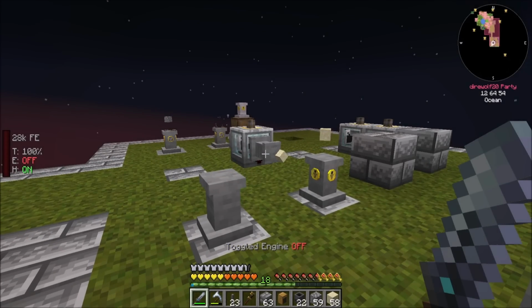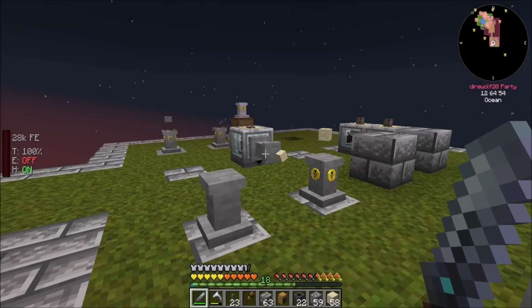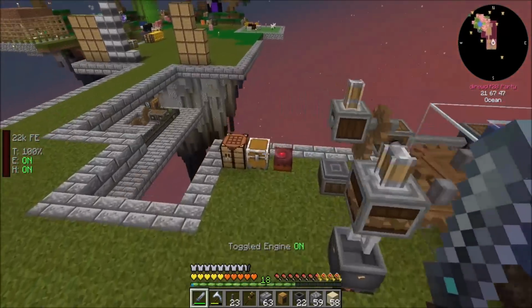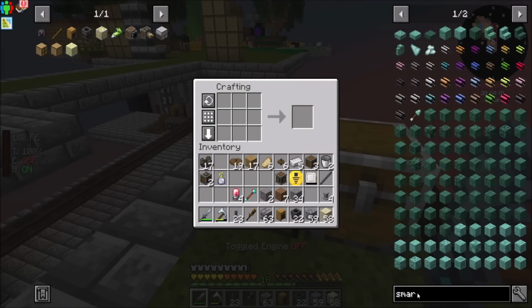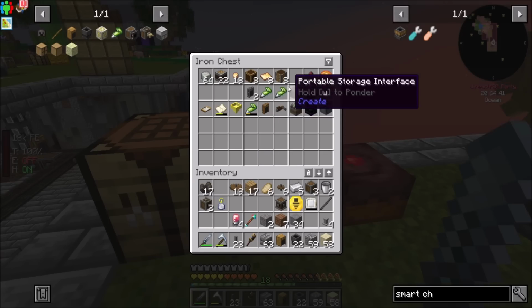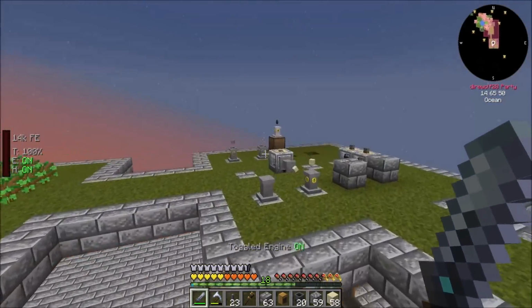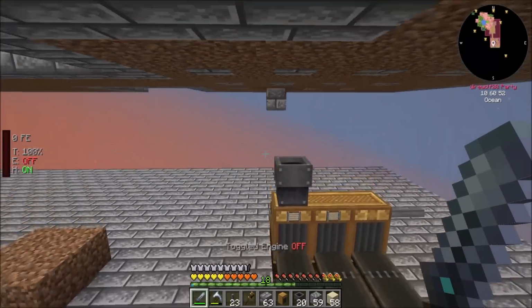Now here's a question. If I wanted to be more efficient about this, what we could have is just one thing inserting both the cobble and the sand. Does that make sense? Yeah, so I definitely want some smart chutes. There's a couple ways you can put this together, which is another reason I like Create, because there's always a couple ways you can put it together. But let's get 2 smart chutes. That sound cool? Now we're gonna want this. Basically, this is gonna be our...